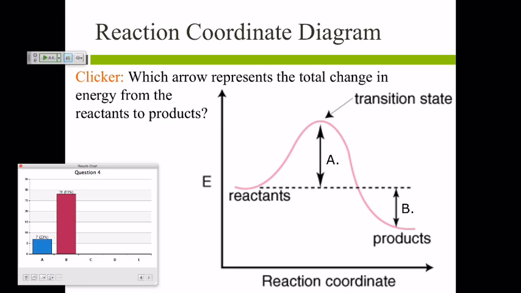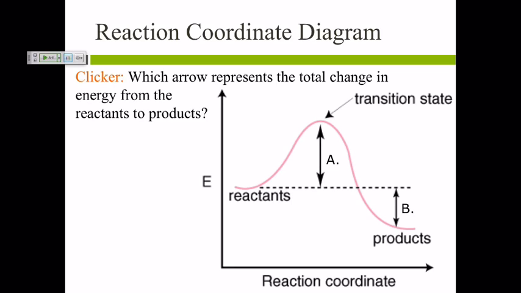What do you guys think? Michelle, did you change your answer? I put A, but I know it's B. Okay, so why is it B? Because the reactants start at the dotted line, like that's the energy of the reactants, and then the products are